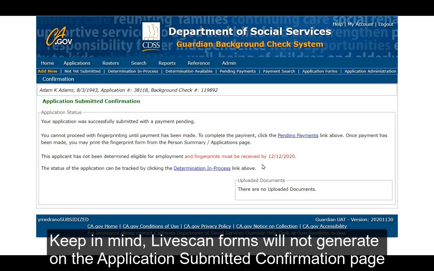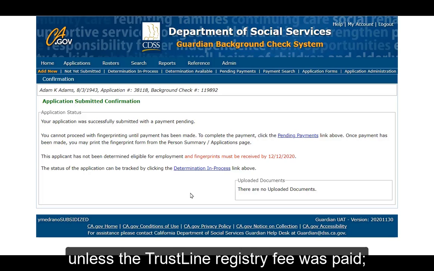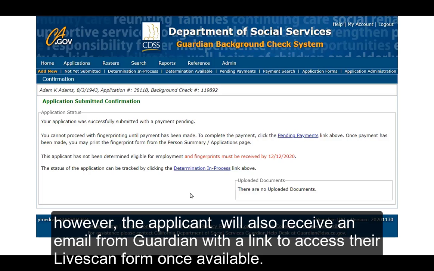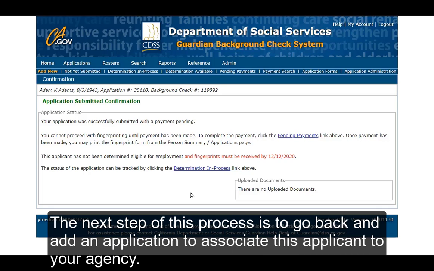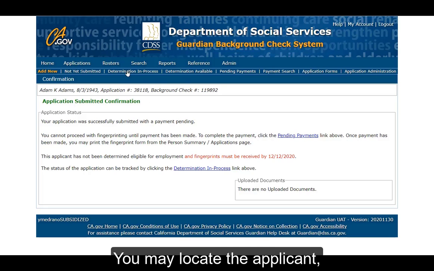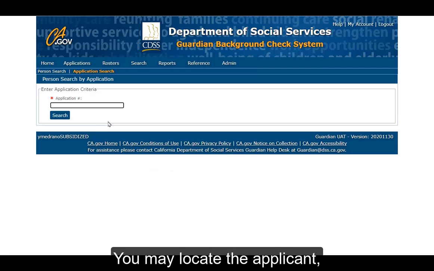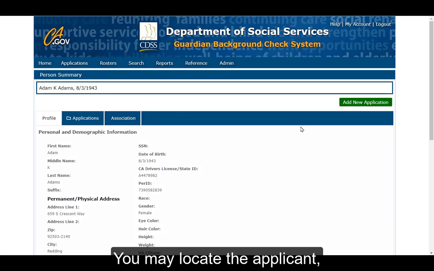Keep in mind, LiveScan forms will not generate on the application submitted confirmation page unless the TrustLine registry fee was paid. However, the applicant will also receive an email from Guardian with a link to access their LiveScan form once available. The next step of this process is to go back and add an application to associate this applicant to your agency. You may locate the applicant, select Add New Application,